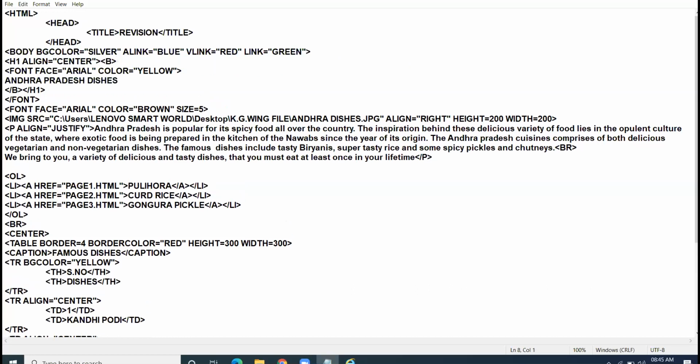This is what I mean by formatting. Don't take more than 2 tags in one line. Your coding may be 100% correct, but if your formatting is not proper, you will lose marks. I am telling you in advance. If formatting is not there, you will lose some marks.